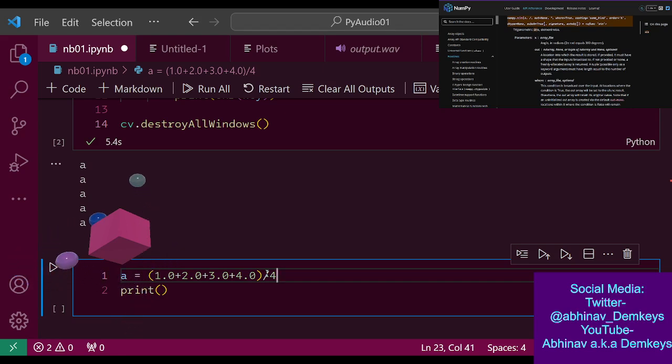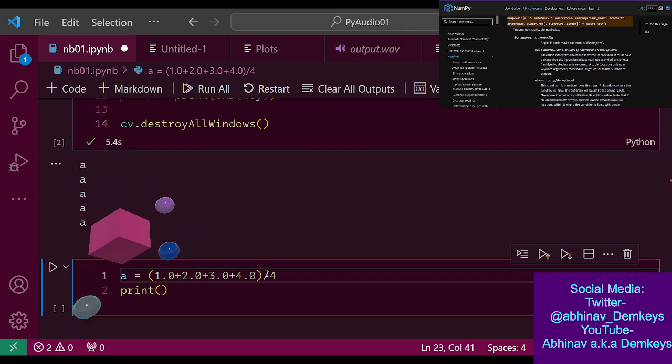It's not a float, it's a 16-bit integer, so the amplitude is within that range. When we read it, I could convert it however I want. If it's an unsigned 16-bit integer, it would be 0 to 65k. Otherwise it would be negative 35k to positive 35k.